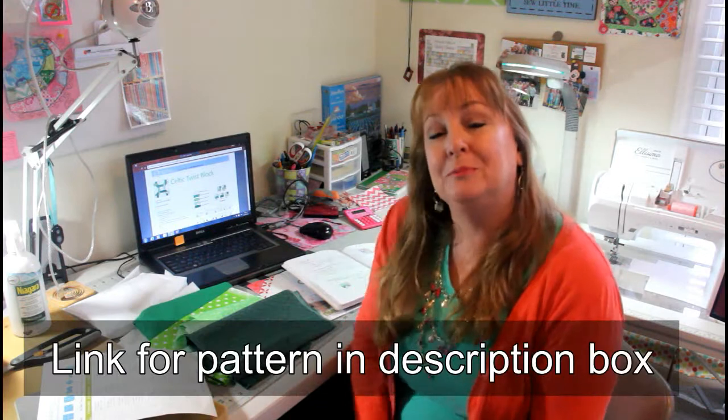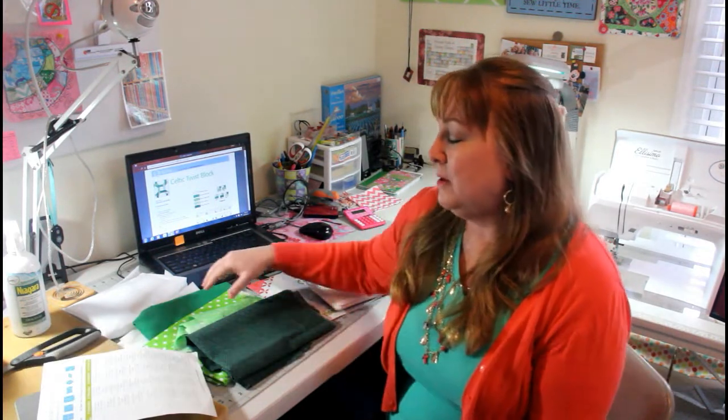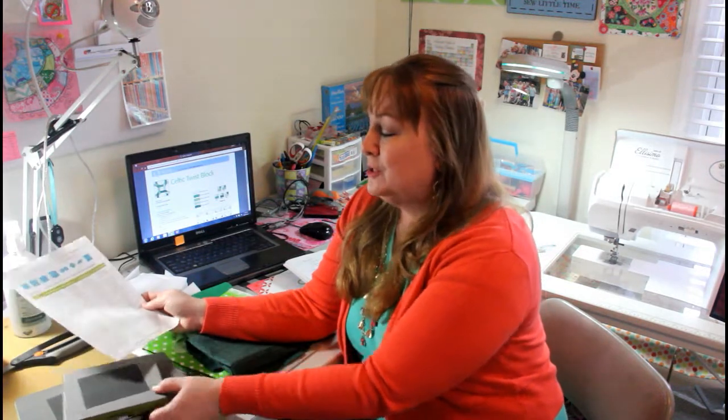This is a pattern from McCall's quilting.com, and I will put in a clip real quick here that shows you what the pattern looks like. And I'm going to use both my rotary cutter and ruler and some of my dies to go ahead and cut out the pieces. Alright, so one of the requirements is a 2-inch square, and I do have the 6-inch